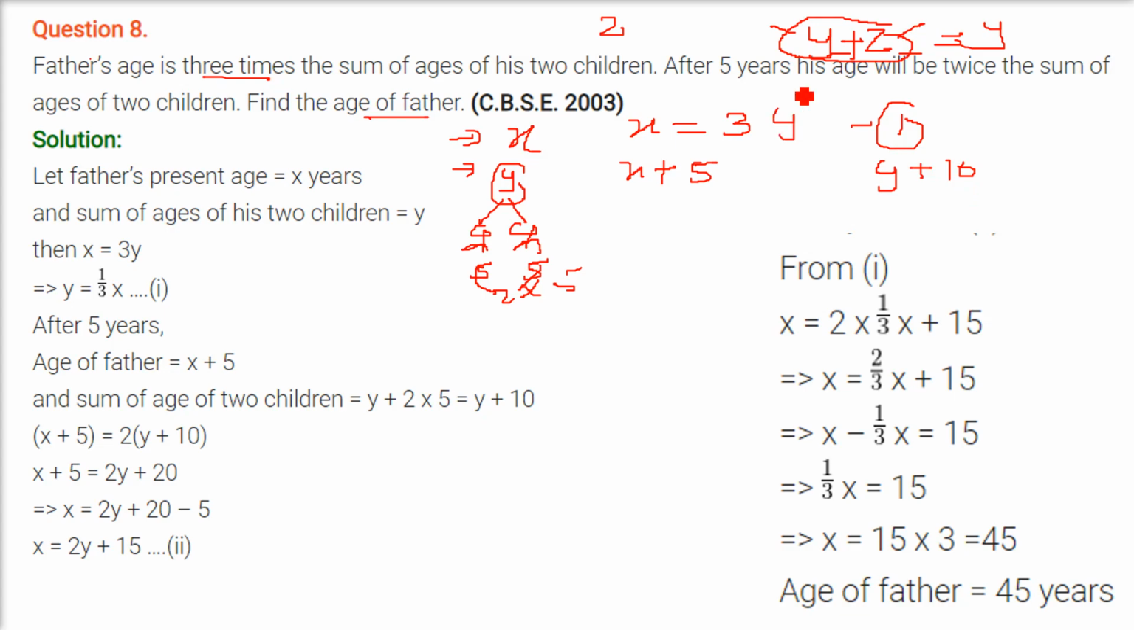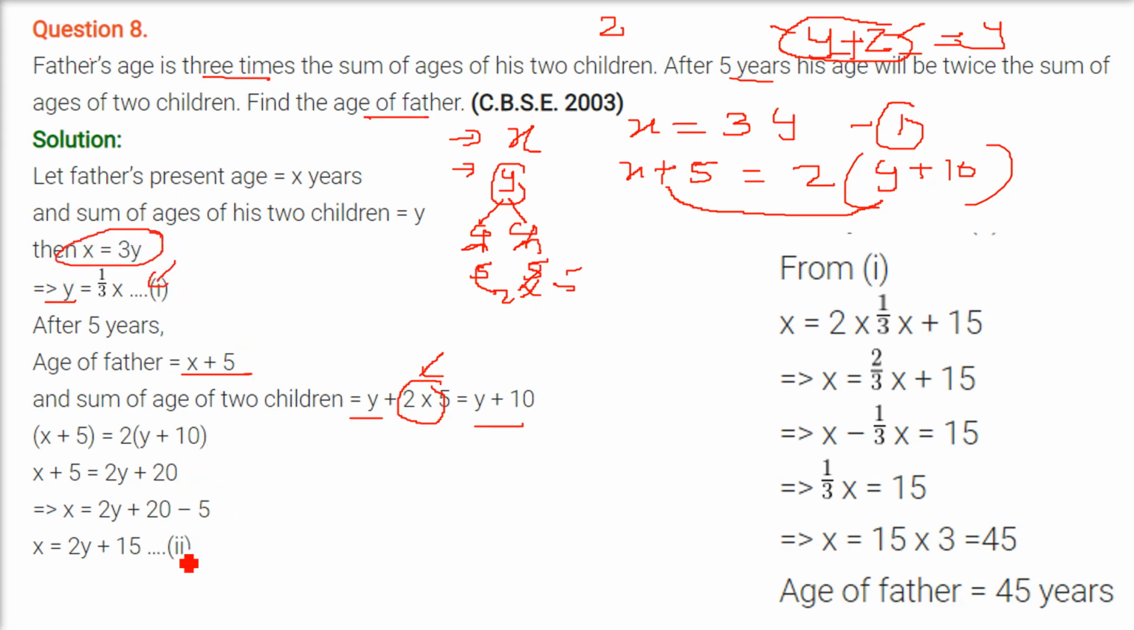Now what is the scenario? After 5 years, his age will be twice the sum of the age of 2 children. This will be twice of y plus 10. I hope you got this idea. So first equation is x equal to 3y, that is y will be equal to x by 3. Second is the age of father, if it is x plus 5 after 5 years, the age of 2 children will be y plus, not 5 but 2 into 5, because of 2 children. So it will be y plus 10. Second equation is x plus 5 equal to 2 times y plus 10, and you just have to try and solve this,